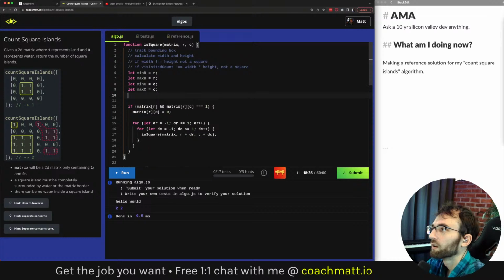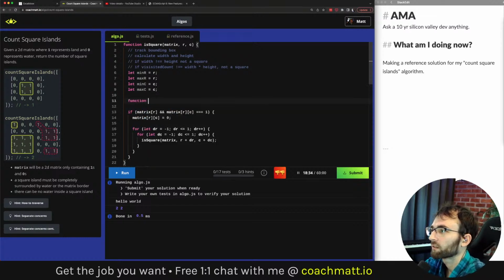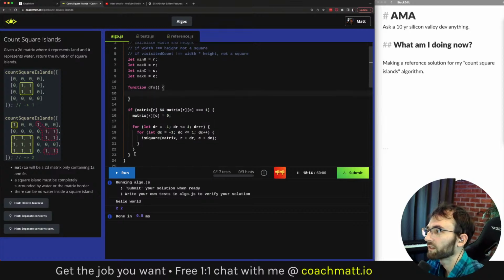Exactly. So what we can do is have a function defined in here. And then we can leverage the closure and not have to pass in the matrix to this recursive function. So this recursive function down here is the one that's going to do all the work.